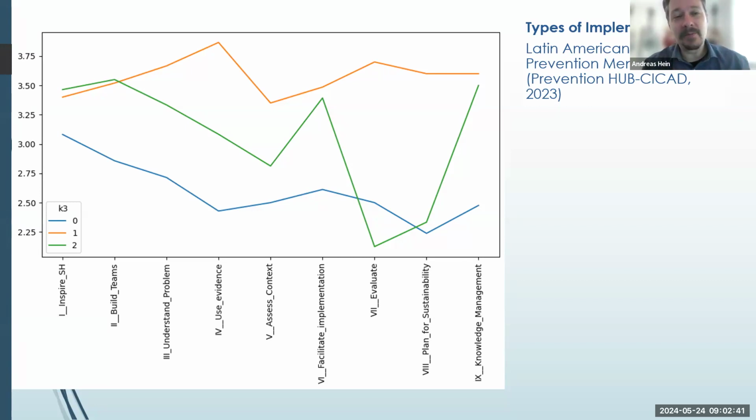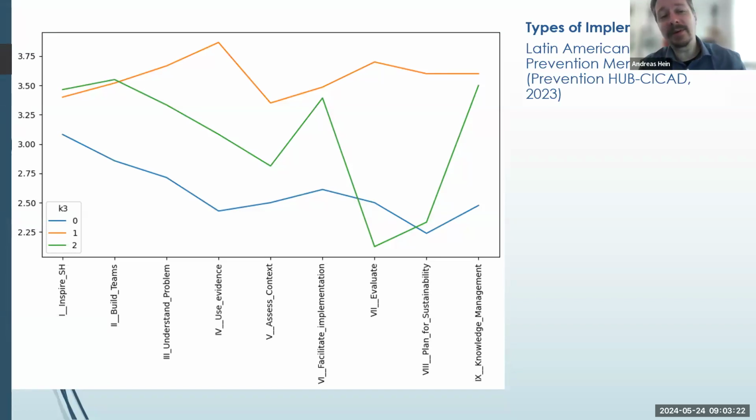Then you have the green line, where they feel that they can tackle, for example, using evidence and assessing context, and they can tackle implementation, but they feel they don't have a good understanding of evaluation itself, like the process of evaluation, and planning for sustainability, but they can manage knowledge and other. This is actually interesting, most of them are in this situation, where they feel they can manage the high-level problem, but they have difficulty integrating the results and the evidence from your own